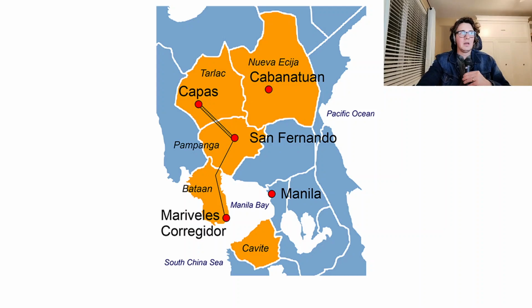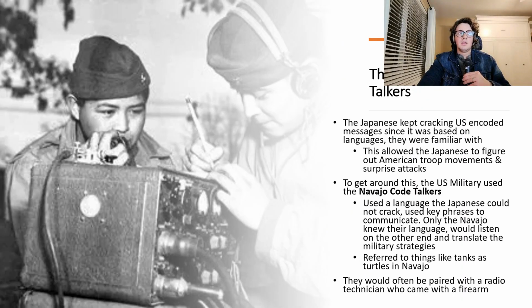You can see where they're marching here. They're marching from Capas down to Bataan and Manila Bay. This leads us to the second really important minority group that's going to help out in the war, the Navajo